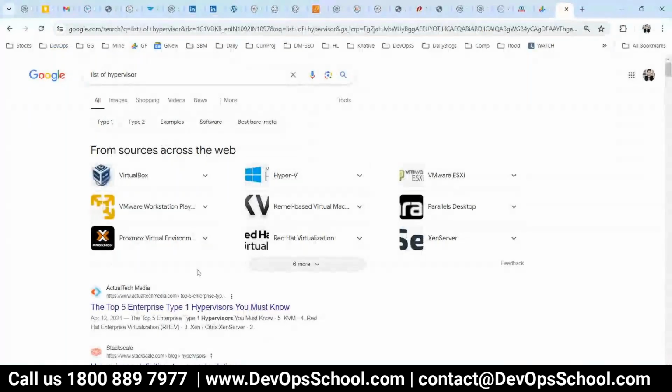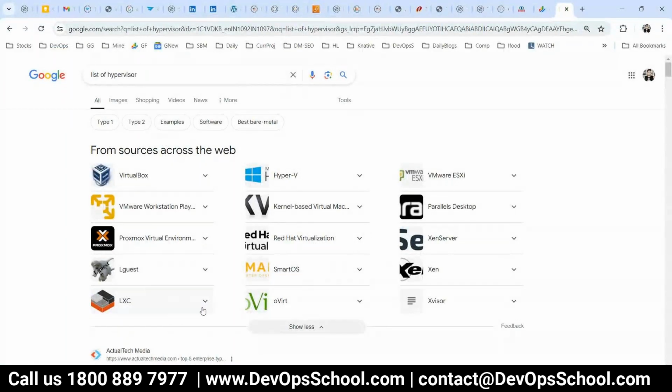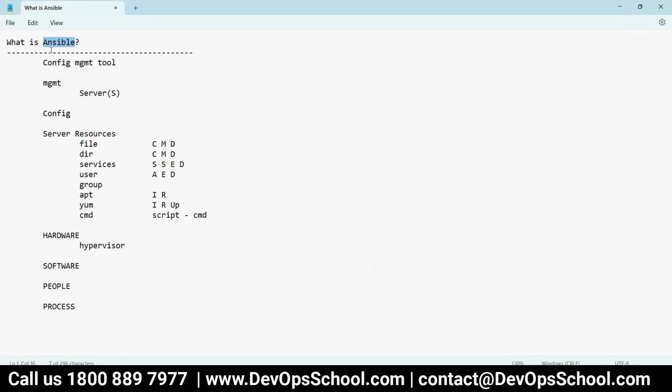Okay, so that's the hypervisor I was talking about, but definitely Ansible can connect with it. When you say network devices, they are also a different type of server themselves, where network software runs in a compute environment. So if you consider that, it can be done. For example, Cisco routers and all can be managed through Ansible. So that is possible.